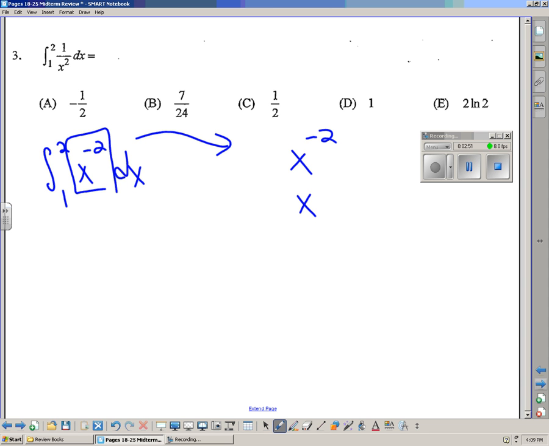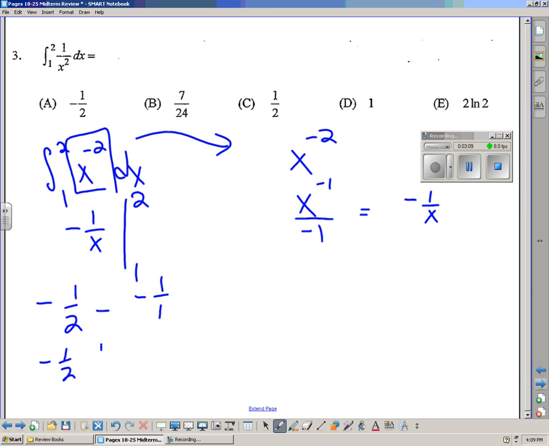We add 1 to the power and divide by the new power. So our antiderivative would be -1 over x. And we evaluate -1 over x at 2 and then at 1 and subtract the two. So we're going to have -1 over 2 minus -1 over 1, which is -1/2 plus 1, which is 1/2,